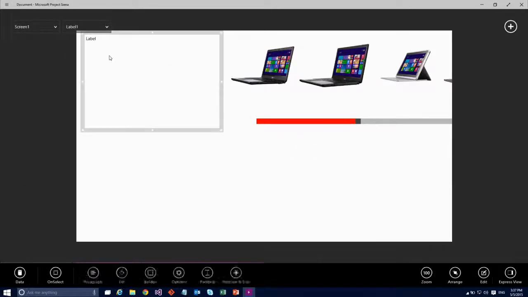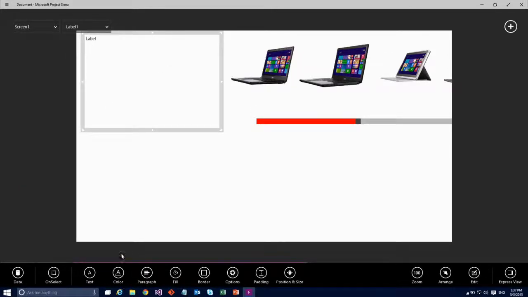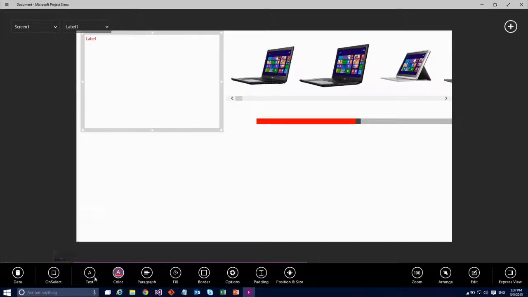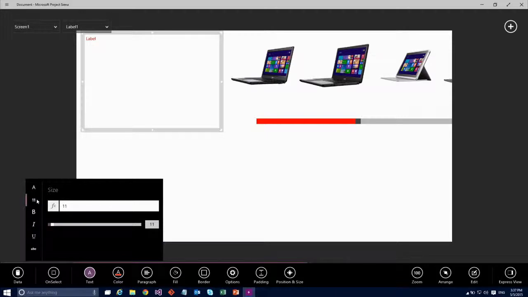So that's cool. But what if I wanted this label to also pick up that color? I can go into my color here, and I could make it green, blue, whatever. Or I could just pick up the color from the slider. Or better yet, we're in random demo land right now, so why don't I do the size of the text coming from that?